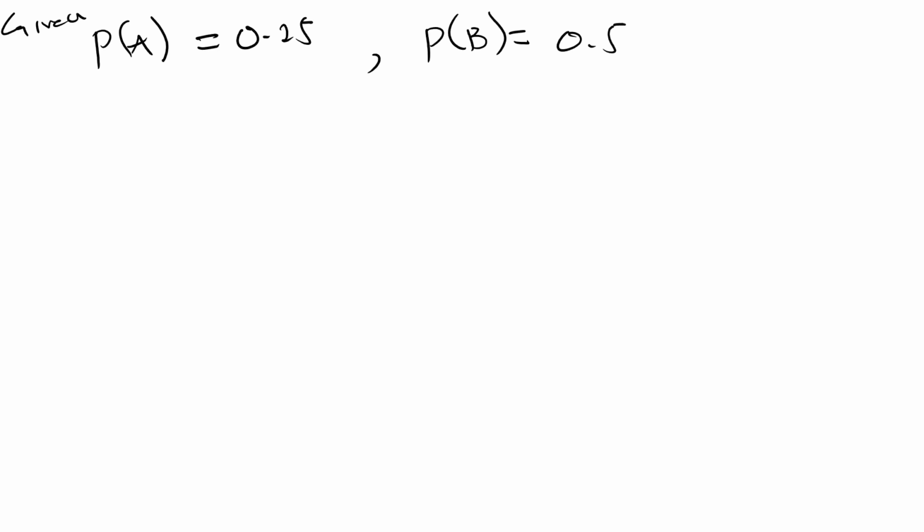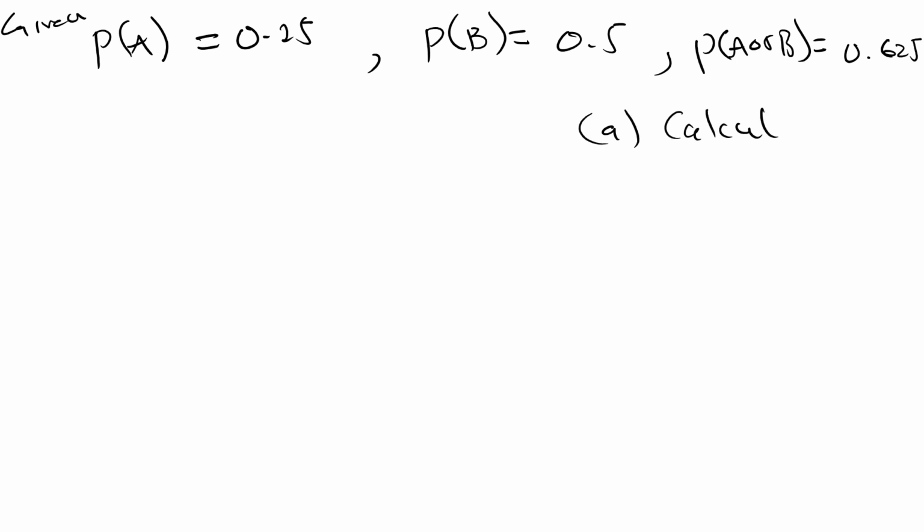So here is an example. In a random experiment, it was found that the probability of A is equal to 0.25, the probability of B is equal to 0.5, and the probability of A or B is equal to 0.625. First question is calculate the probability of A and B, and the second question is